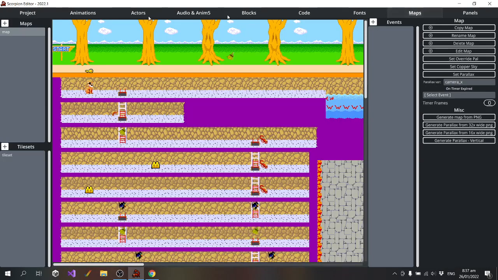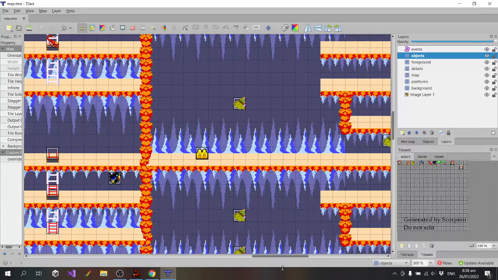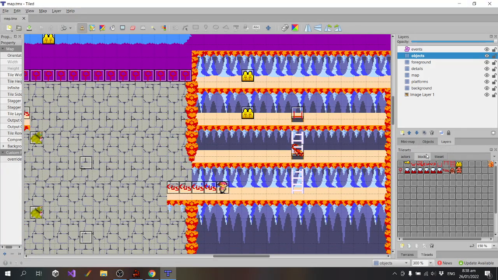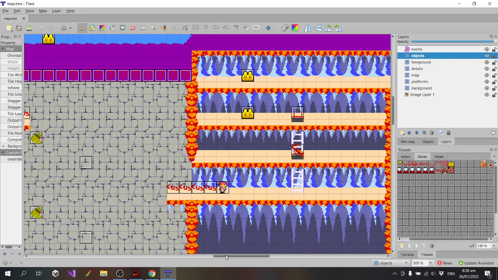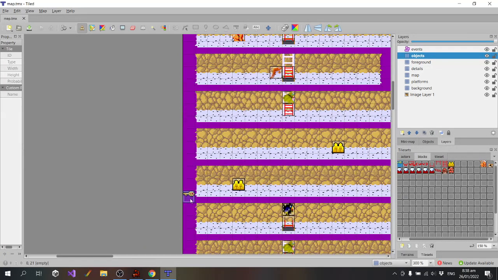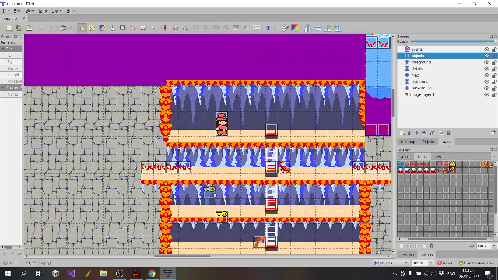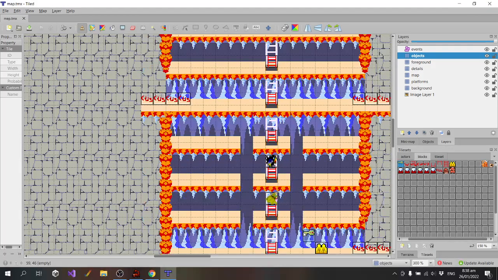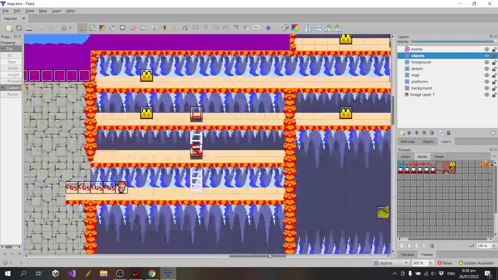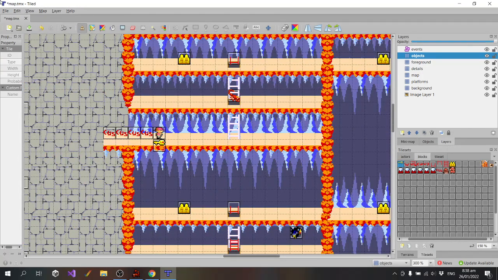I'm going to cheat a little bit, because every time I die, it sends me all the way back to the start. So I will put a, which block is it? That key block. Put that right underneath the player so that if I die again, it should just go straight back to there.